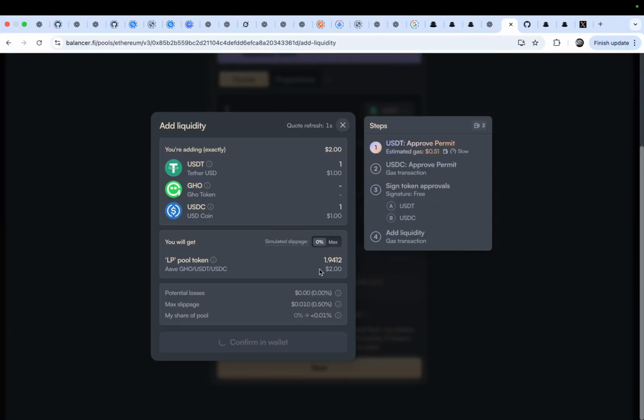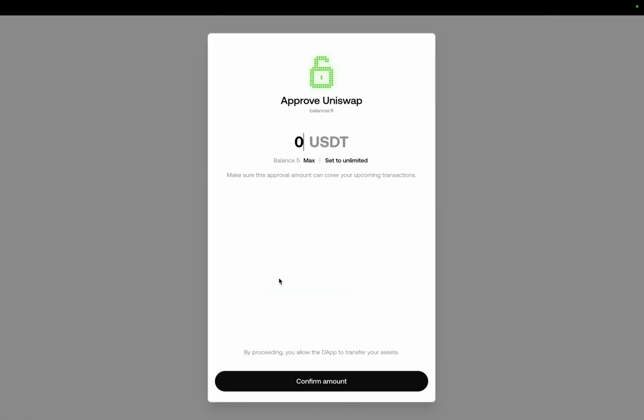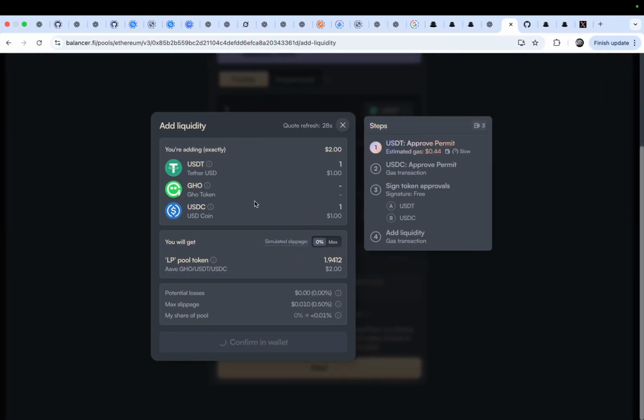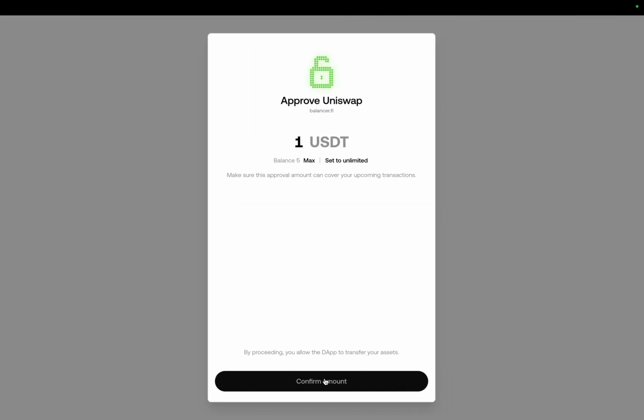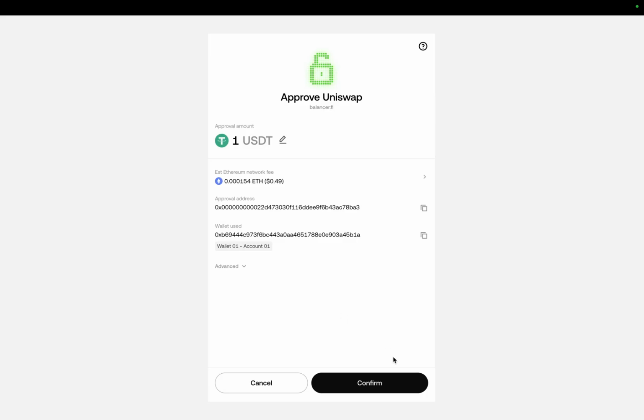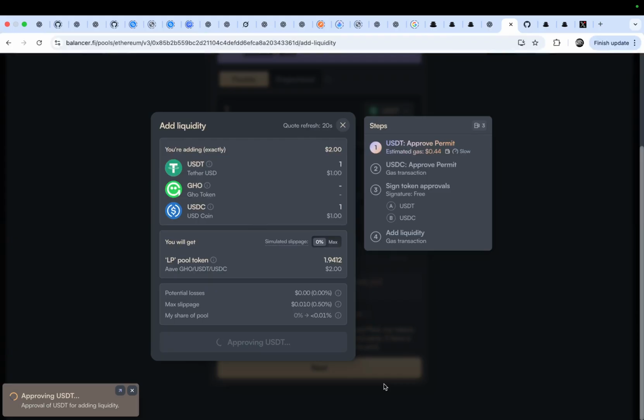Let me check. Just $2. Okay. 1 USDT, right? Yes. Confirm.